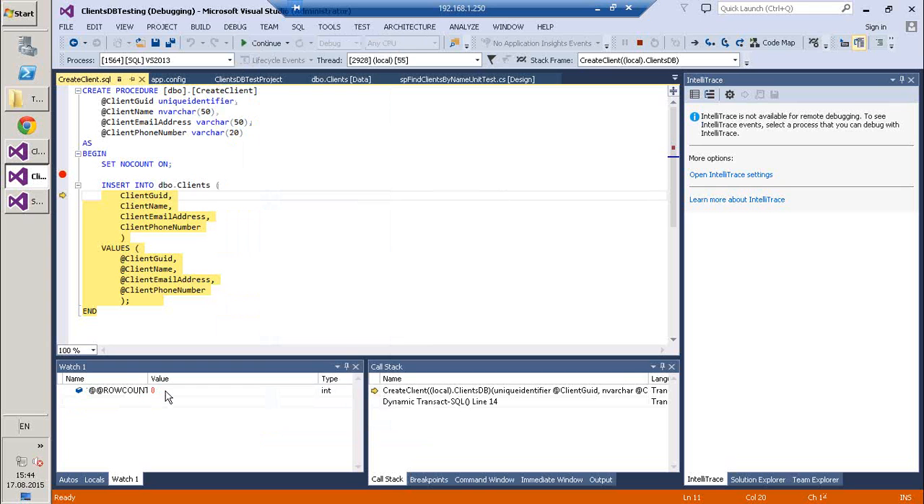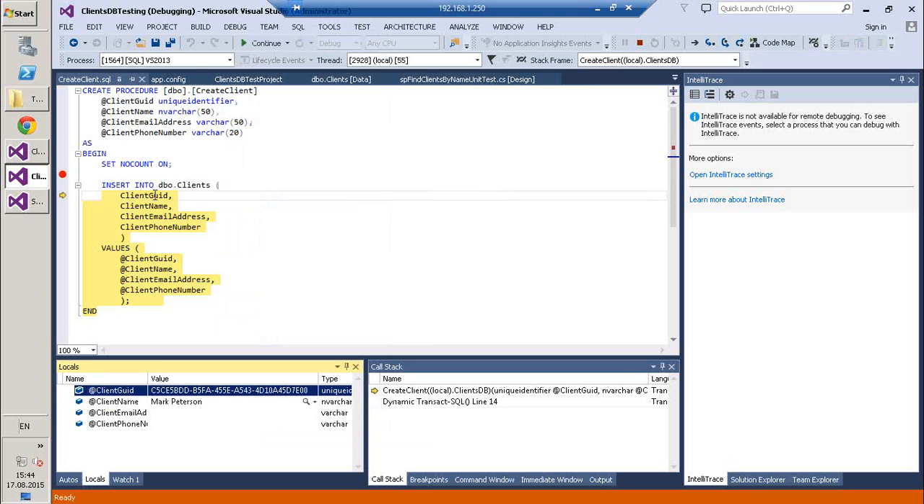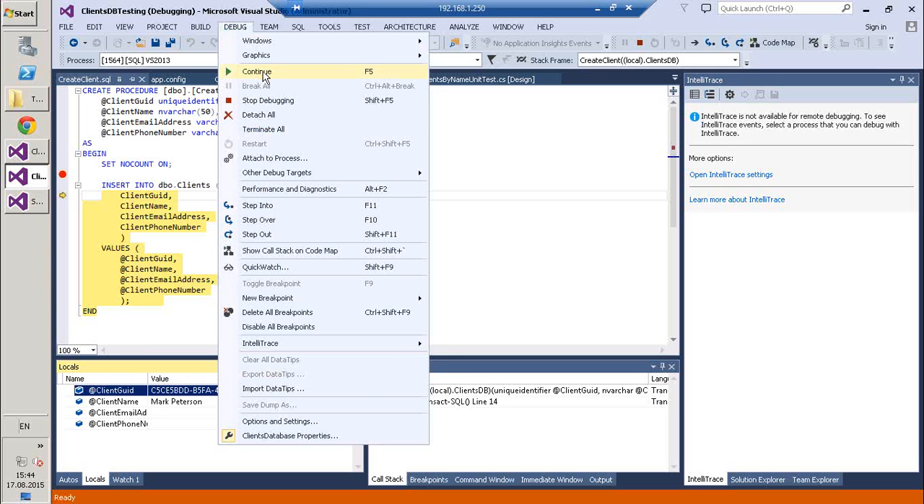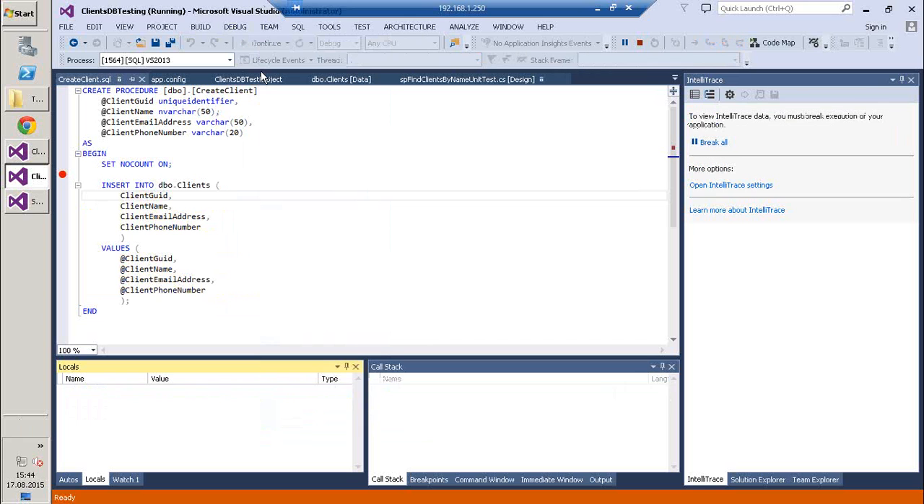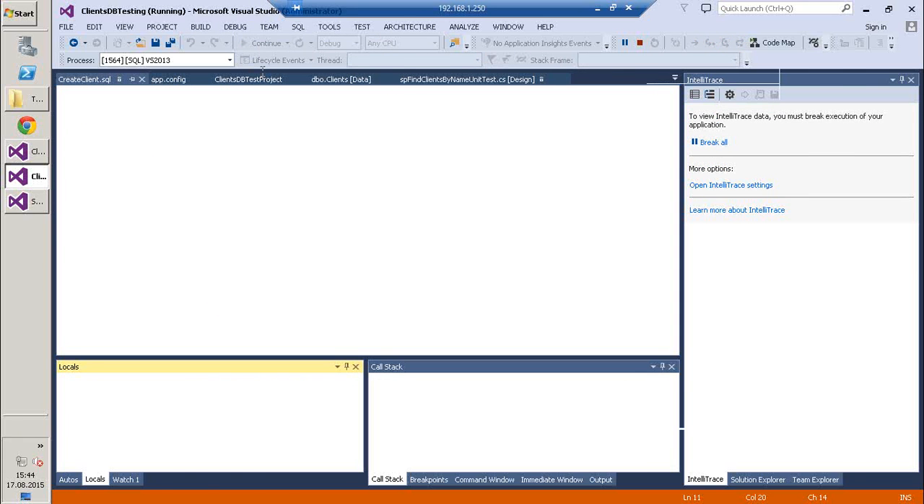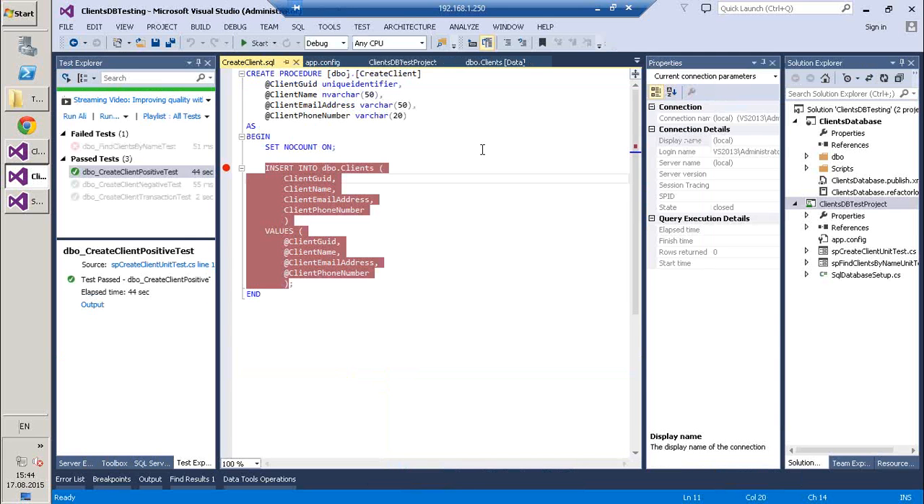And here you can see the watch window, autos, locals, and so on. It's like SQL Server Management Studio in debugging mode. Now continue. Okay, this is how to